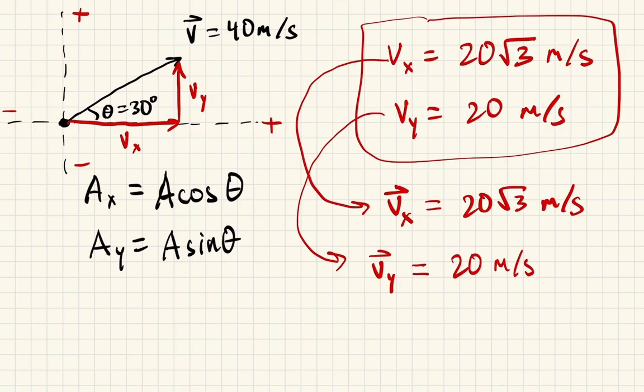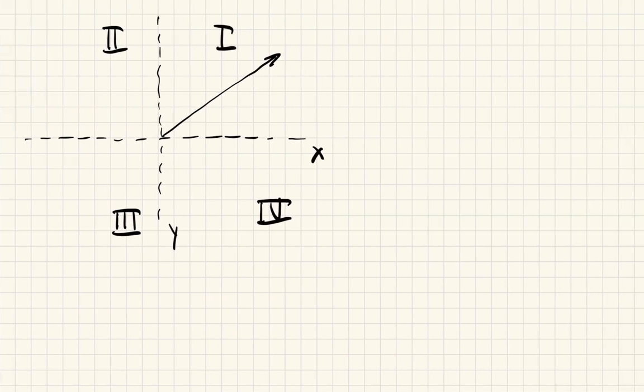Okay. The reason why I mentioned this is because obviously not all of our vectors are going to be in the first quadrant, meaning there's a positive x and positive y component. A vector could be in the second, third, or fourth quadrant, right? And so let's do another example here real quick where there is a vector in the third quadrant and see